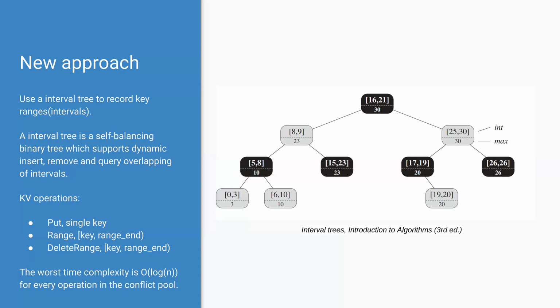So you can identify three types of key value operations. The first one is put, the second one is range, and the third one is delete range. And all these operations contain a range. So you can use an interval tree to manage a set of ranges